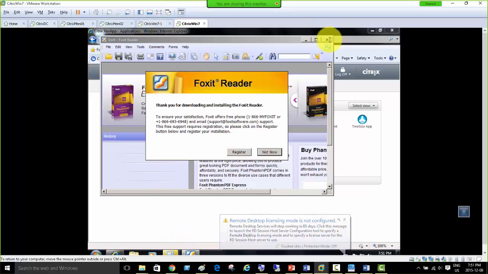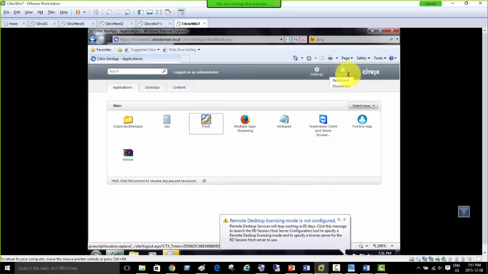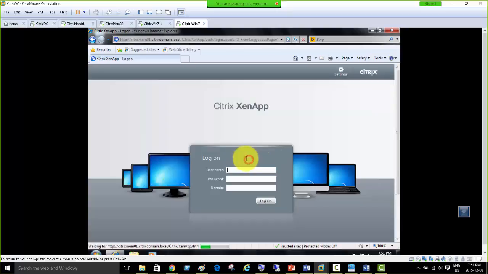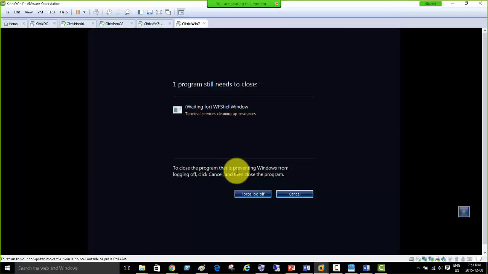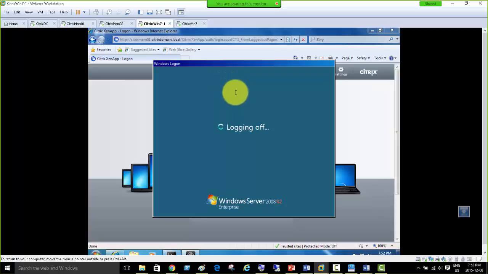One user just logged off, so if I go and close this now and just recreate that logging again here, and administrator. So, oh, seriously? Okay. Terminal services cleaning up resources. Okay, I put the load evaluation, but I didn't mean to do this now. Seriously, force log off. Okay, log off. Guys, let me just clear this. If it started,